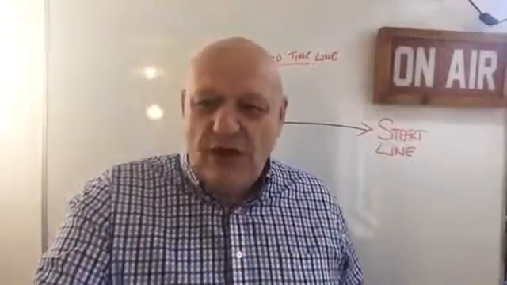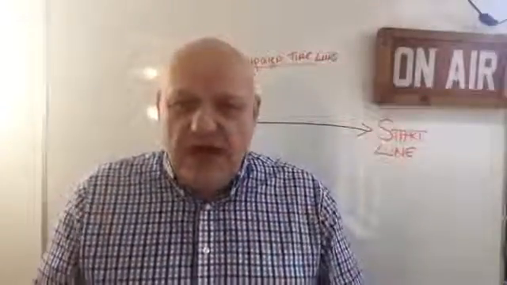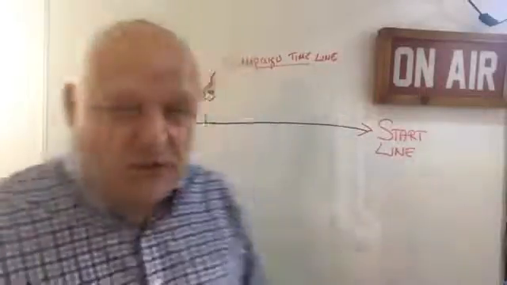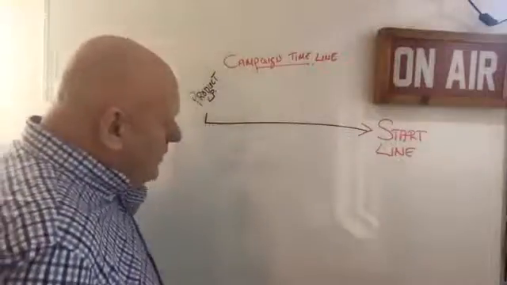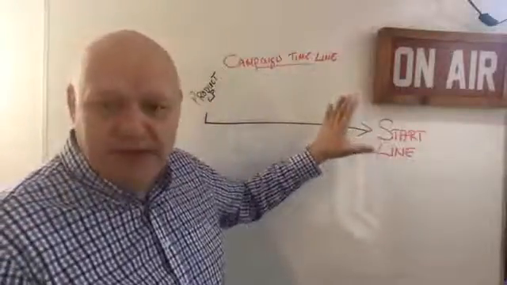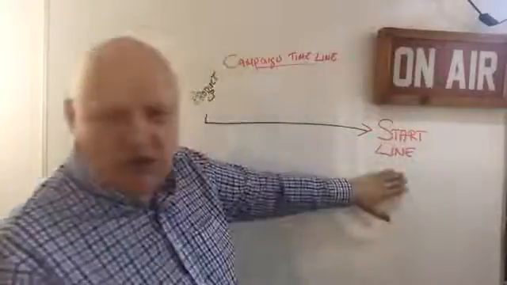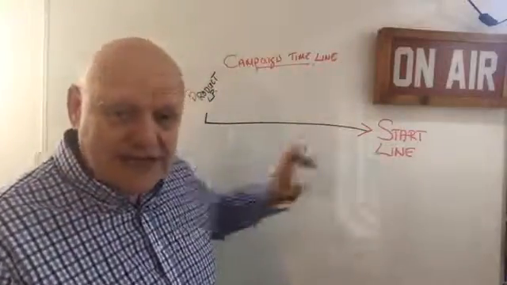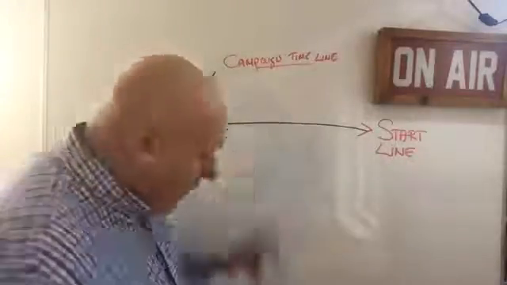Before we get started, I just want to go over a recap. We started this journey at the beginning of the week, I think Wednesday, I lose track of the days. The purpose of this training is to take you through what's called the campaign line. That's before you get to the start line, before you start to sell anything, make any money, or promote your product. The campaign line gets you to the start line. So what have we covered so far?